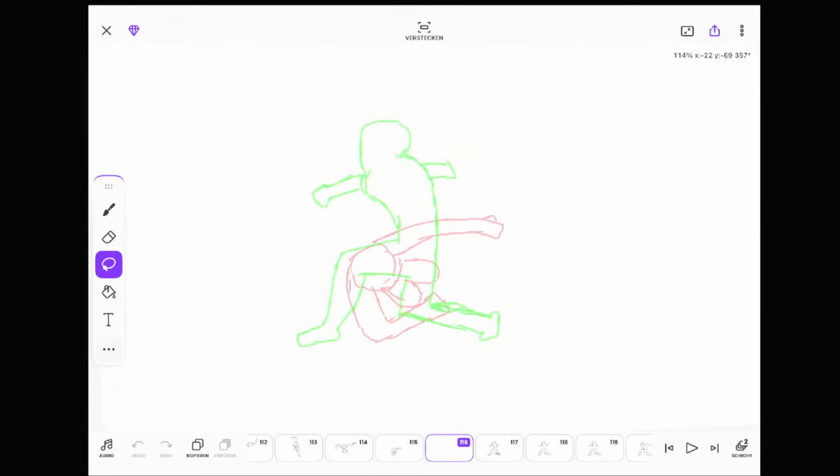I need an in-between when he rolls and comes into this position.